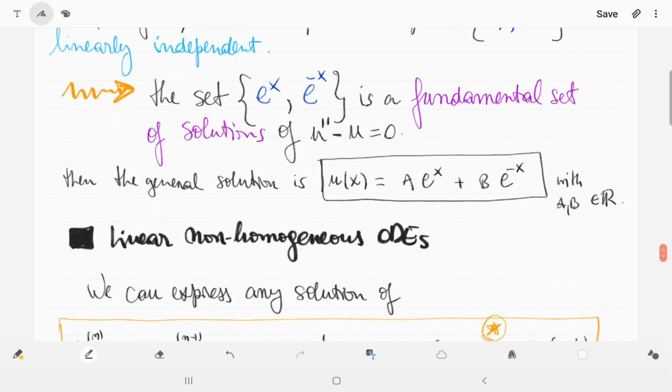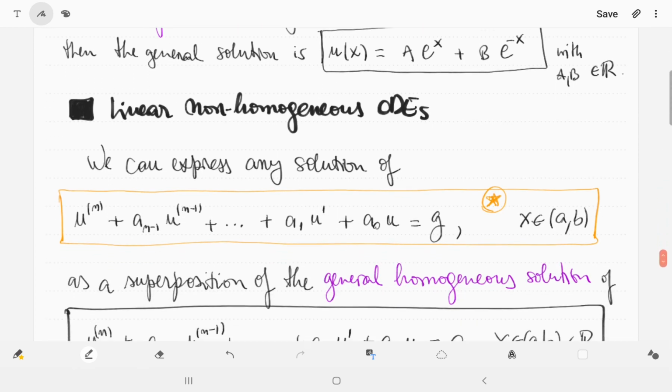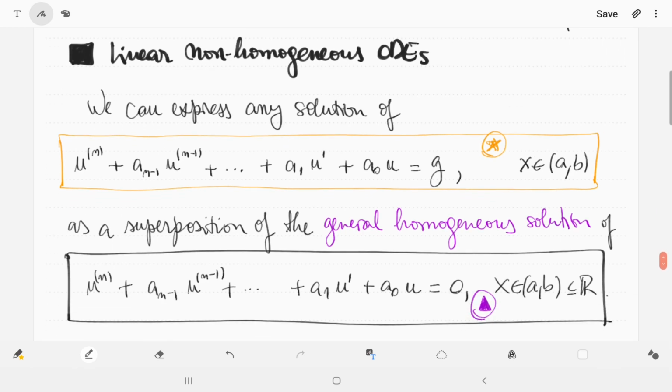Let's continue now with non-linear, non-homogeneous ODEs. Okay. We have